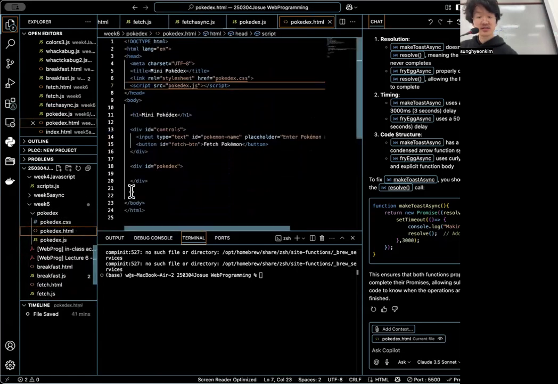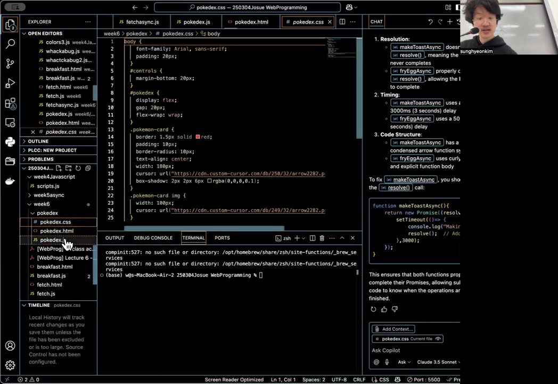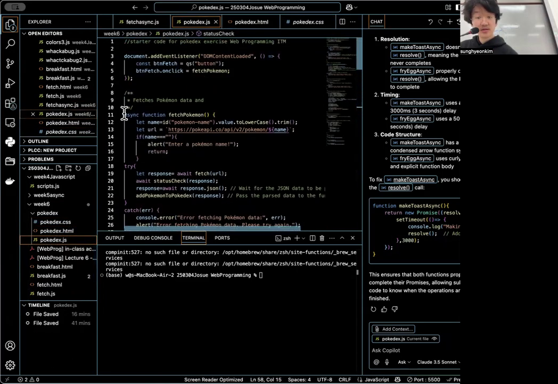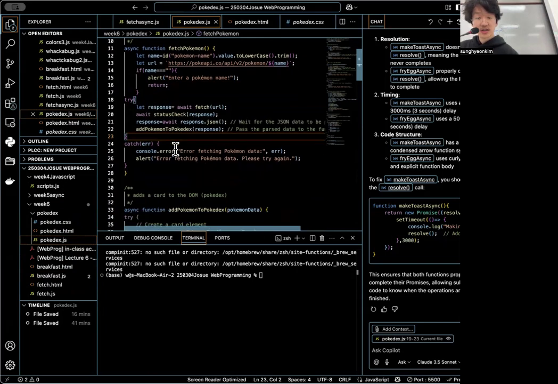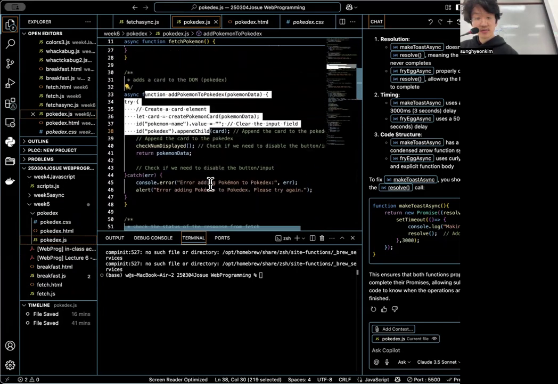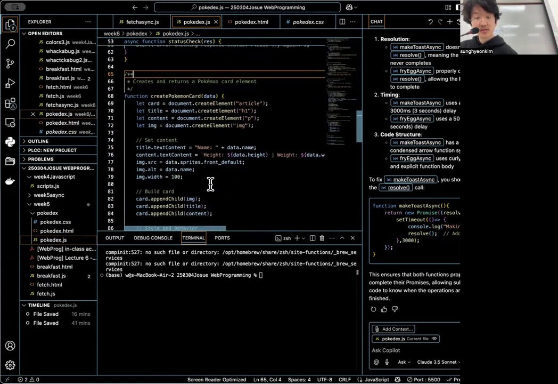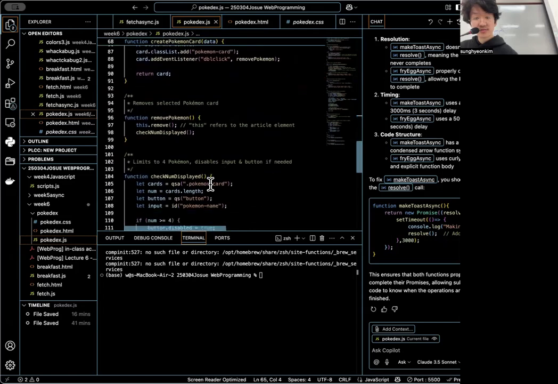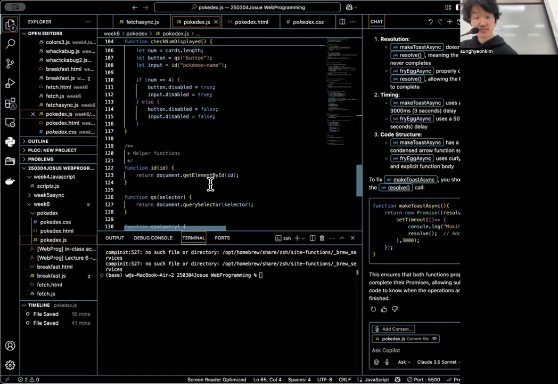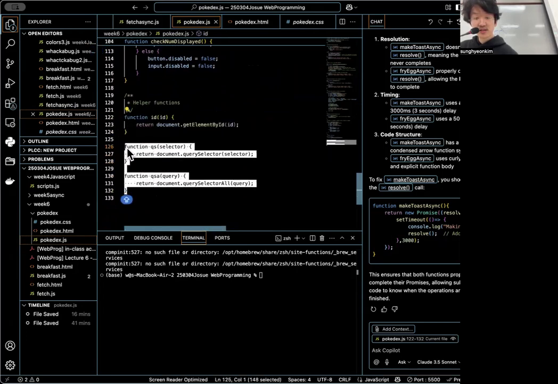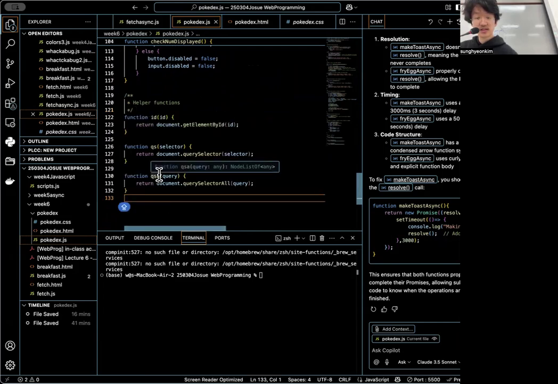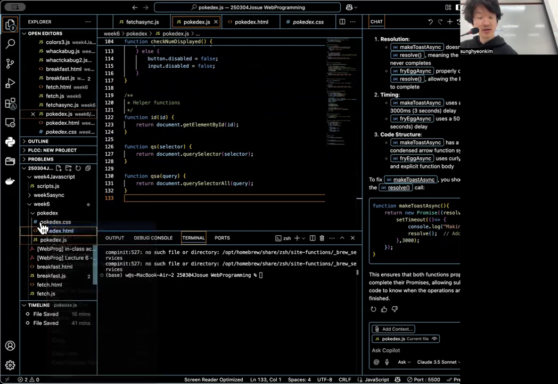And for the Pokédex, this is how it looks. There will be an asynchronous fetchPokemon function. Try and await. If we catch the error, and below is a function creating a Pokemon card, and this is a function with ID, querySelector, and querySelectorAll. So if we run it with pokemon.html,